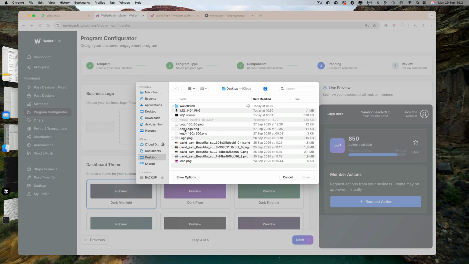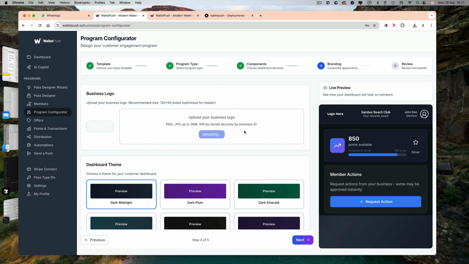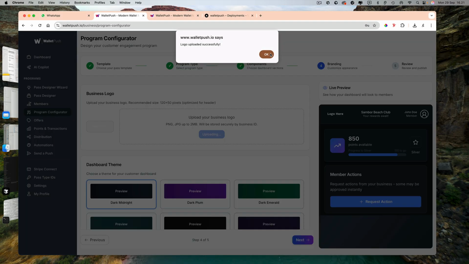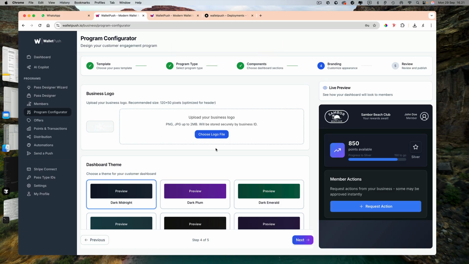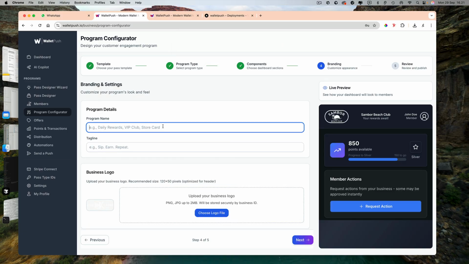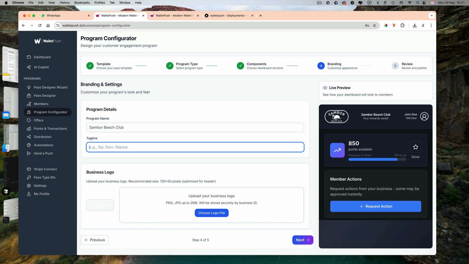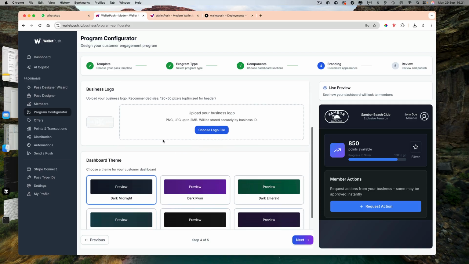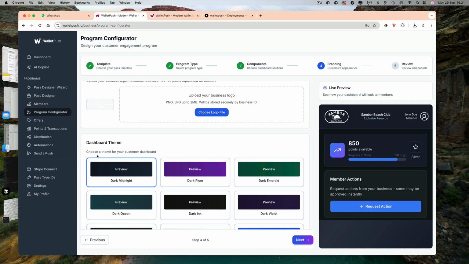So here I'm going to upload my logo. Let me choose app logo here, Sambo's Beach Club. Here I'm going to change this to Sambo Beach Club, and then I'm going to put exclusive rewards,